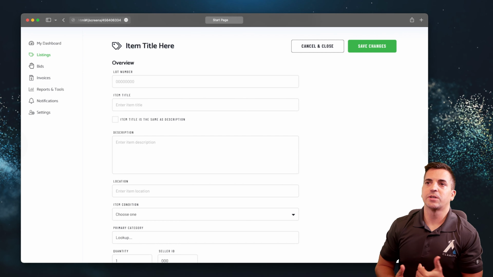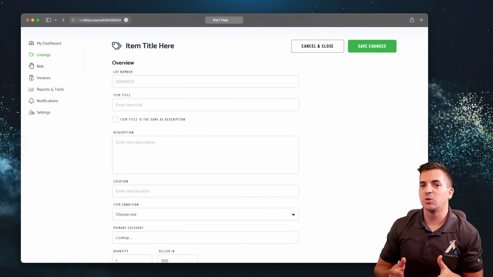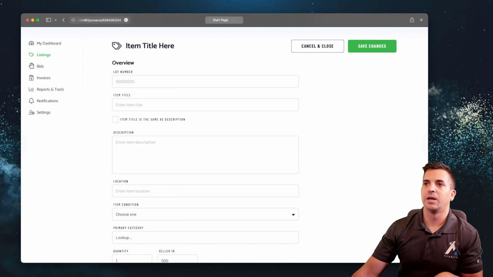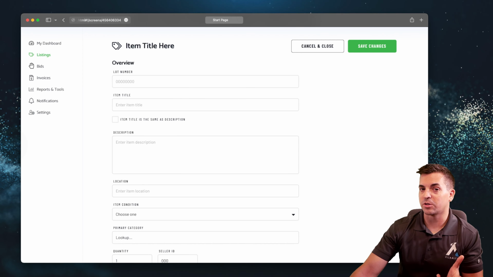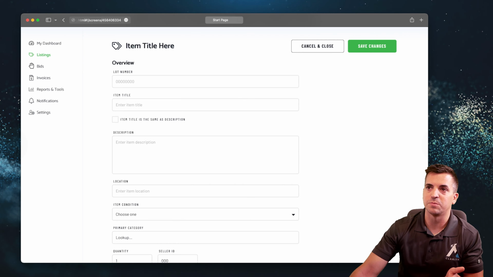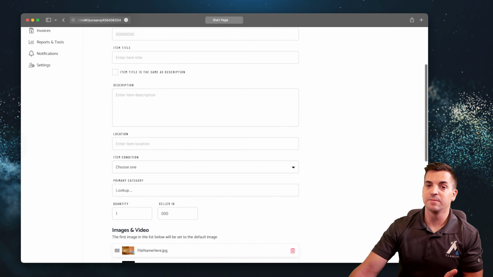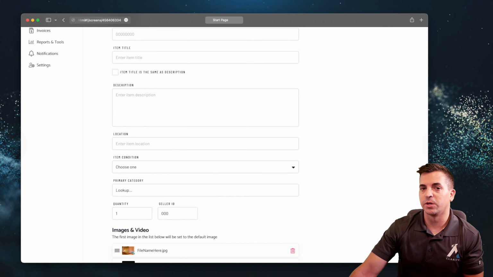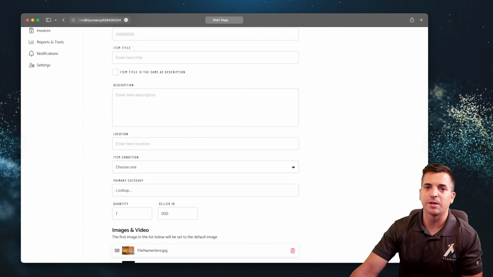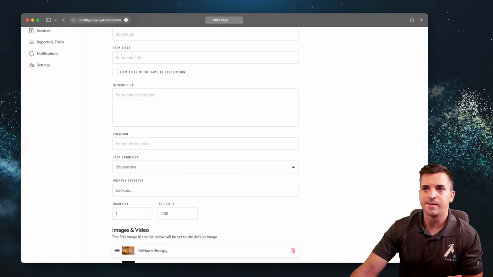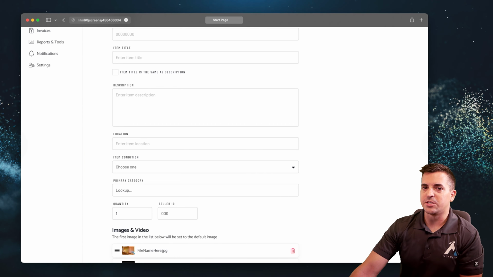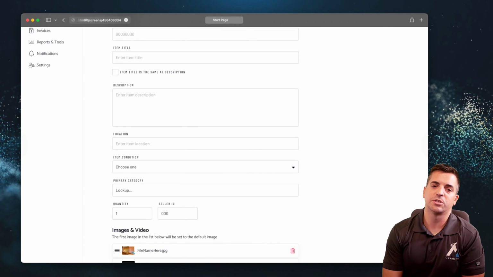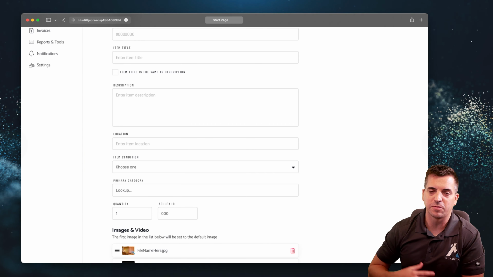In this particular case, we simply have a SKU or a lot number that we're showing, an item title, the item title being the same as the description, or they can create a custom description. A location, and this could be selected from an address book potentially, or it could be a GeoIP lookup type of a thing if desired, an item condition, and then potentially some IntelliSense or just a rollover type of indicator